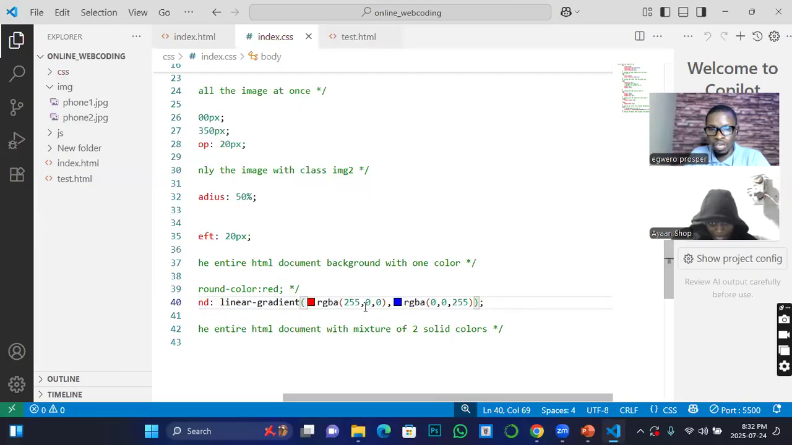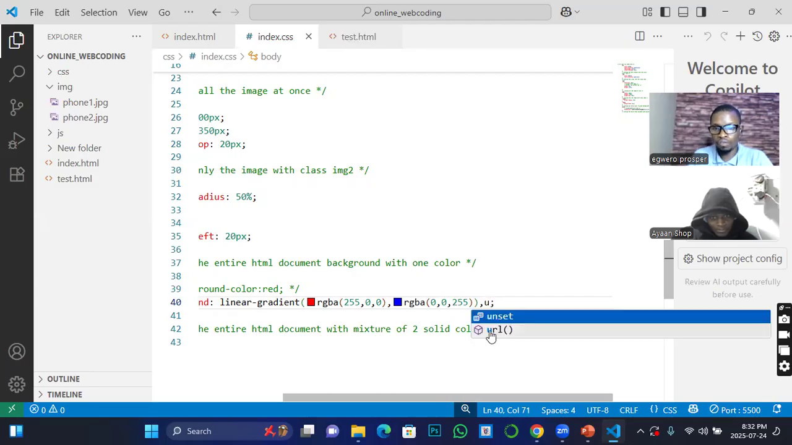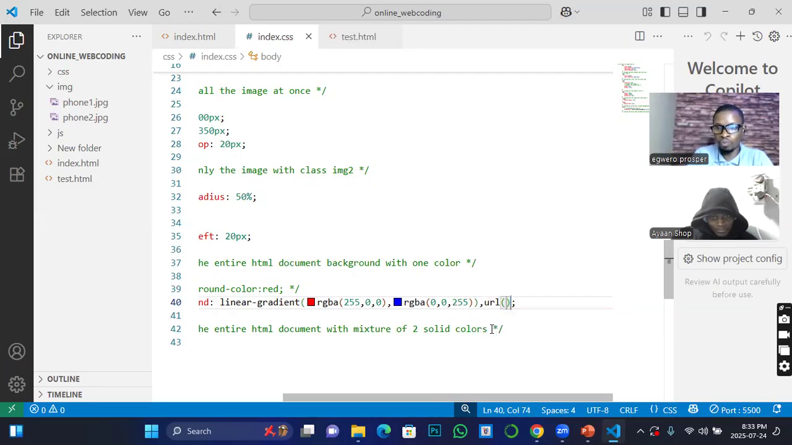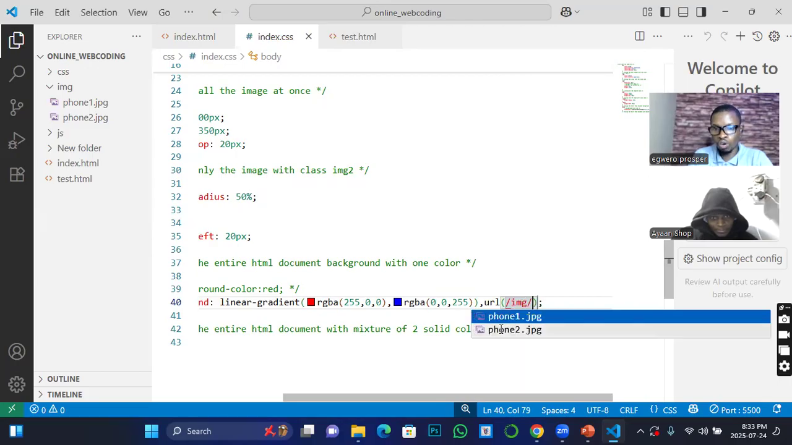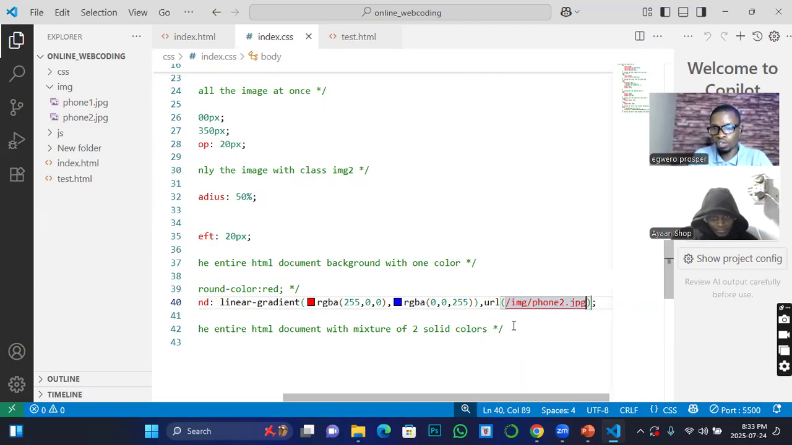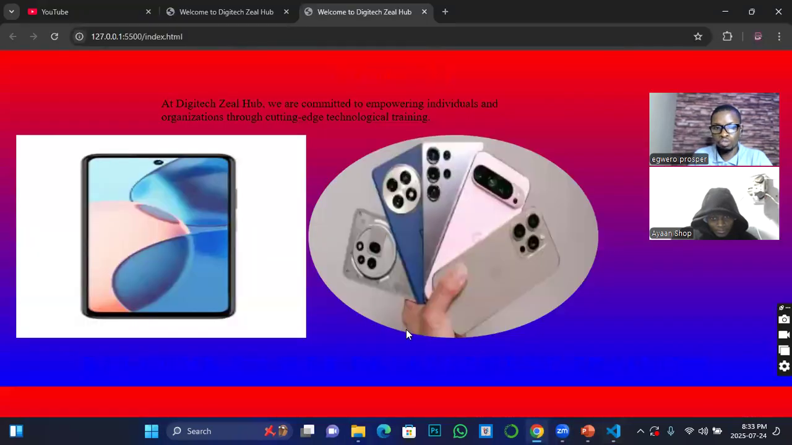You come outside the linear gradient, and then you put a comma. You put a comma, then you now type URL, and then you put slash, and then you call the image. Okay. Now, if I go back to the front end, we're supposed to be seeing the entering of the image,